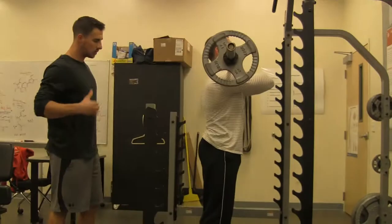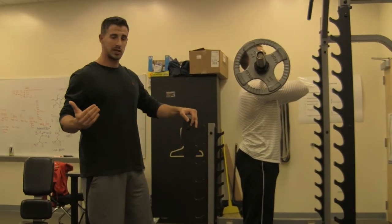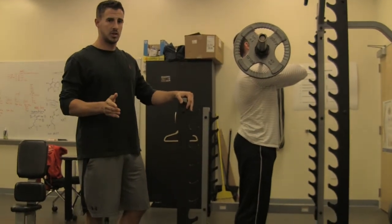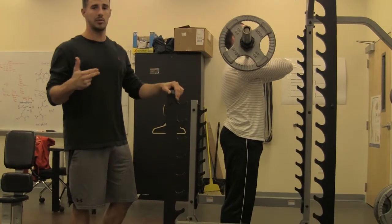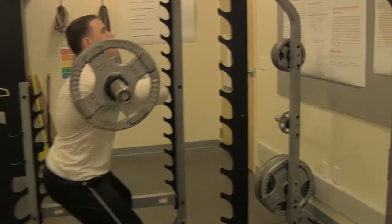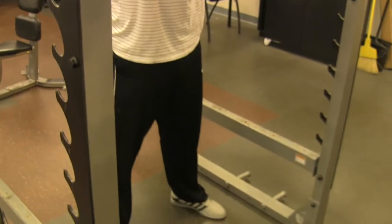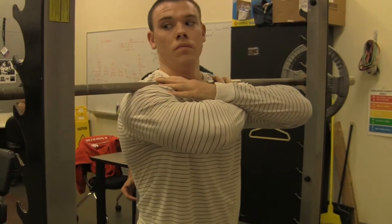Again. The big thing we want to think about with the front squat, just like the regular back squat, is making sure that the knees track over the toes and that we don't have that valgus force with the knees coming in at the very bottom of the squat. So one more time again. And up. Good. So to rack the bar, Matt's going to walk it forward, place it on the rack,